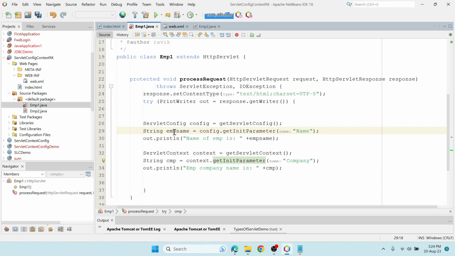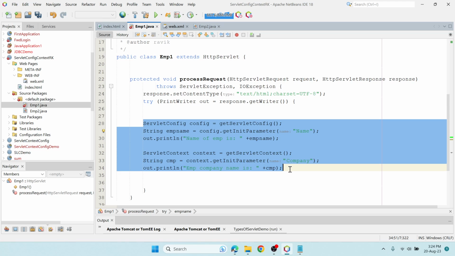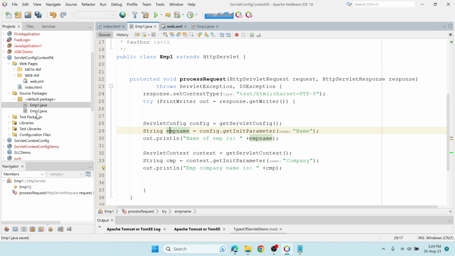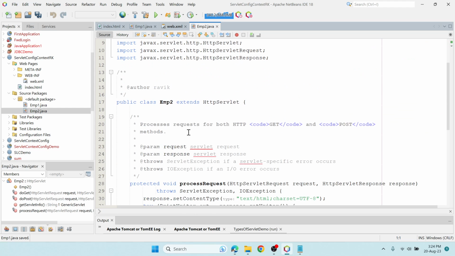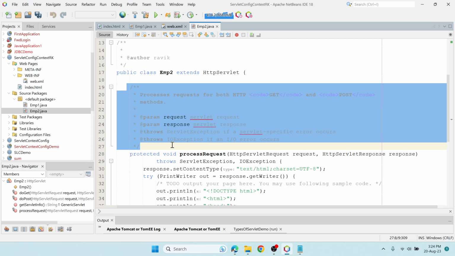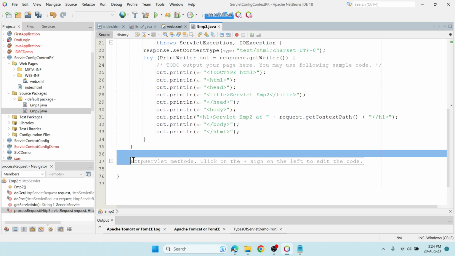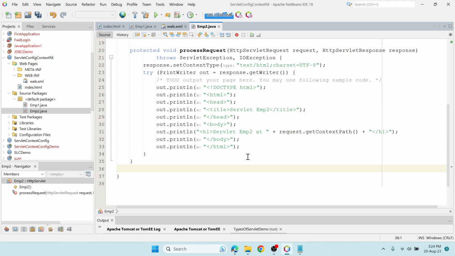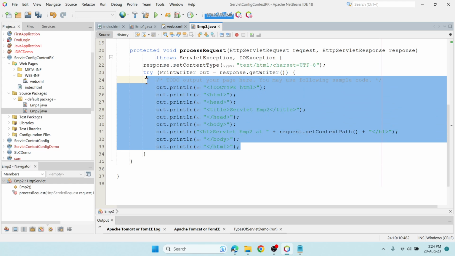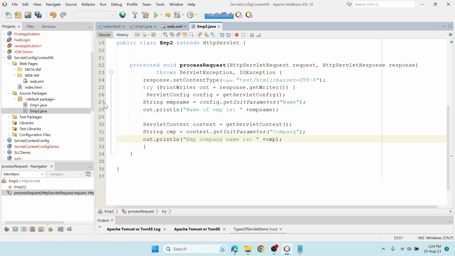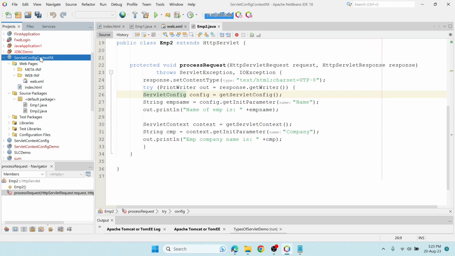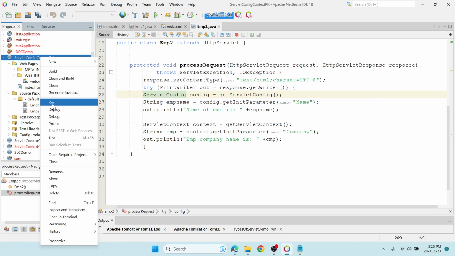All right. The same thing, I need to do in the second servlet. So let me save this so that right now there is no error. And I'm going to servlet 2 and I'll delete the rest of the code and then I'll just paste it. And we need to import the packages and it is done. Now that's it. We are done with this. So I just want to run this code. If I say run,